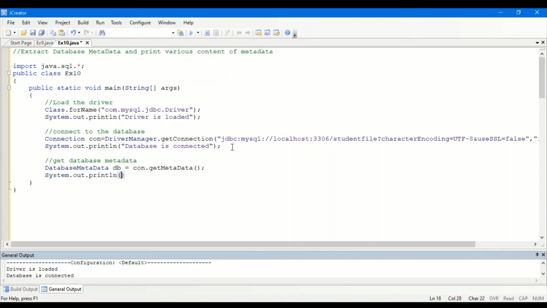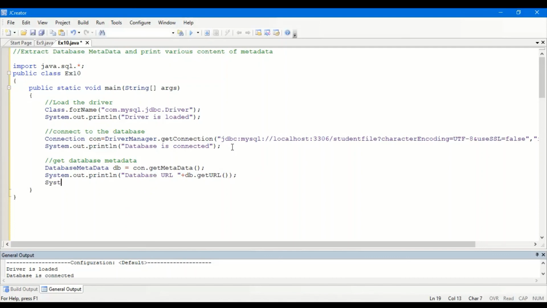System.out.println, let's extract the first one, which is the database URL. So the database URL plus db.getURL. This is the first thing we are extracting, the database URL.